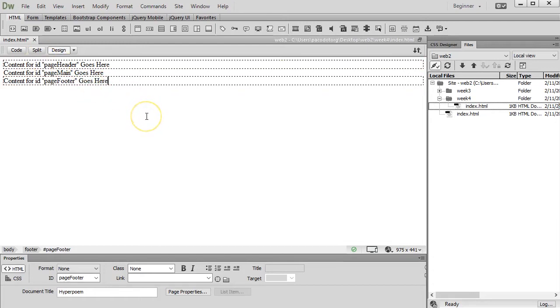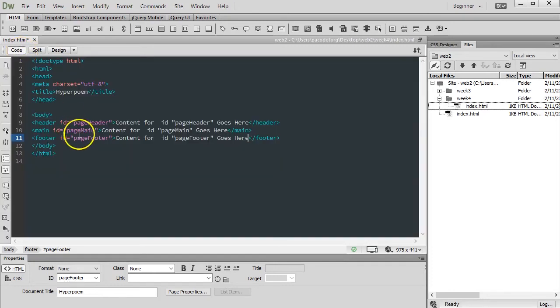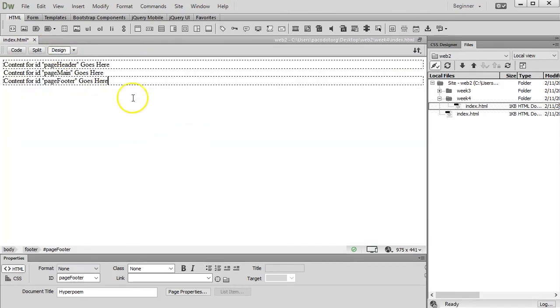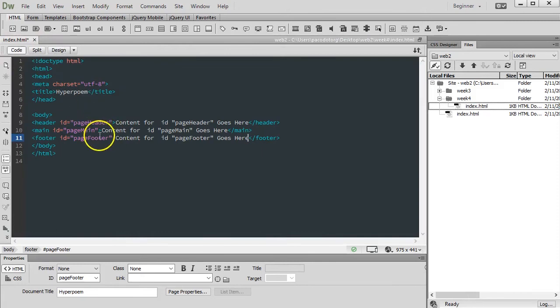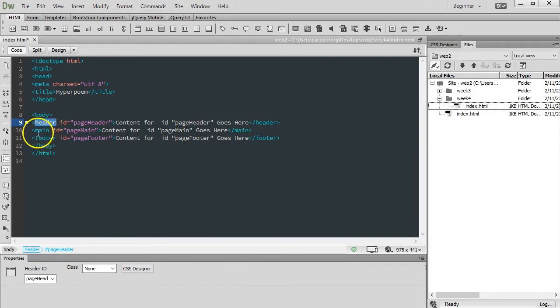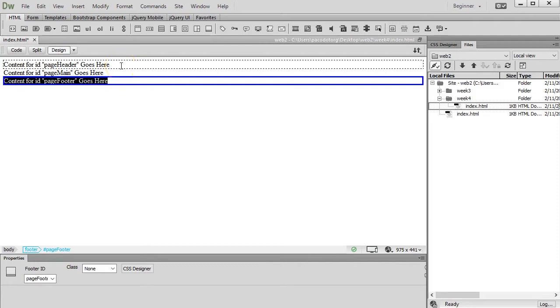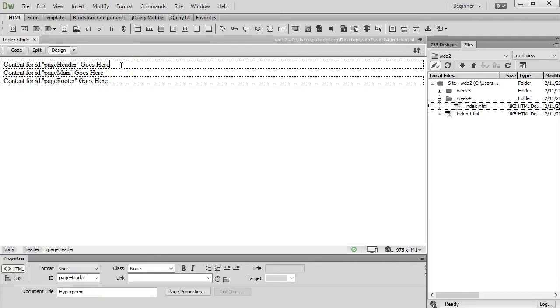I'm going to also give this page a little bit of styling. Currently, it doesn't say much. I'll look at the code. The content for ID page header is there for your convenience so that you can see where in the stack your pancakes are. Content for ID page main, page footer are there, and they're all titled accordingly: header, main, and footer tags. I'll go back to my design, and I'll be inputting some of the text in a little bit, but first I want to make sure that I have a cascading style sheet. This is a CSS file, and that it's set to my initial